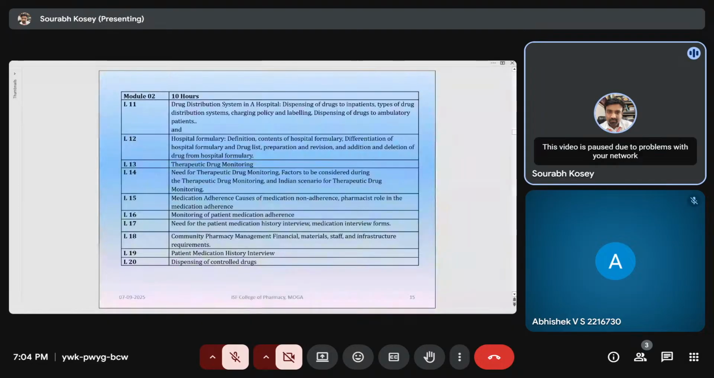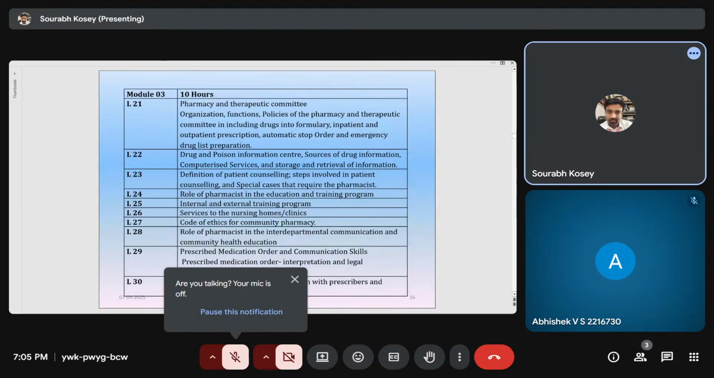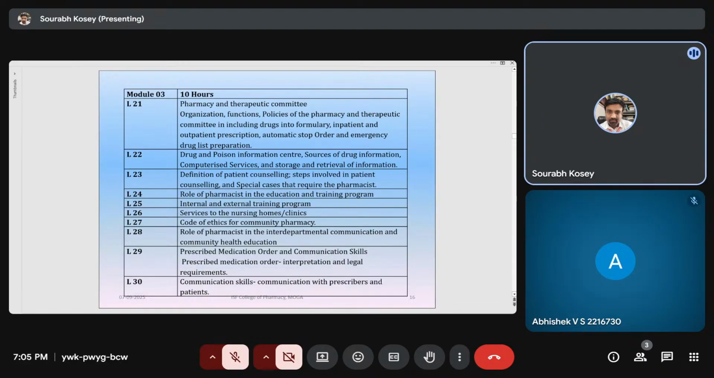of various records. Similarly, module 2 has 10 hours, lectures 11 to 20, where you are going to see the distribution, formulary, pharmacy and therapeutic committee, therapeutic drug monitoring, medication adherence, patient adherence, and community pharmacy management, dispensing of controlled drugs. In module 3, again 10 lectures, PTC, drug and poison information center, then definition of patient counseling, role